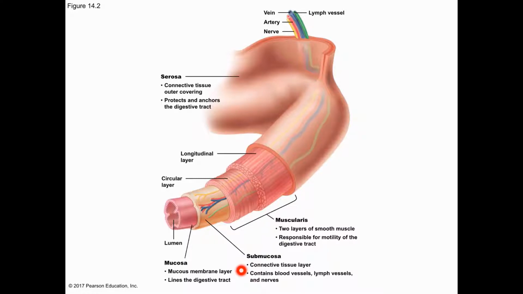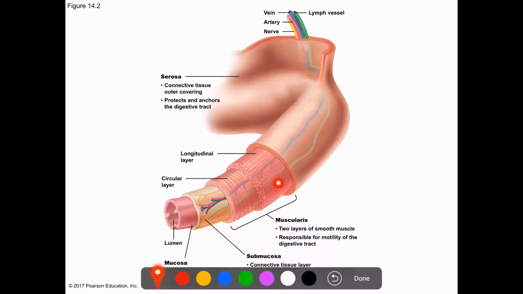This is a connective tissue layer containing blood vessels, lymph vessels, and also nerves. Then we have the muscularis, mainly 2 layers. Only in the stomach we have 3 layers of smooth muscles arranged either in a circular shape around the lumen or in a longitudinal shape along the tract. These are responsible for the motility of the digestive tract. And the last layer is the serosa. This is connective tissue for the outer covering. It protects and anchors the digestive organs